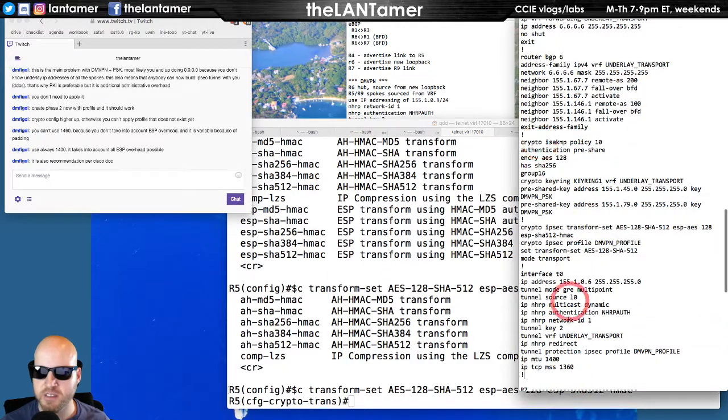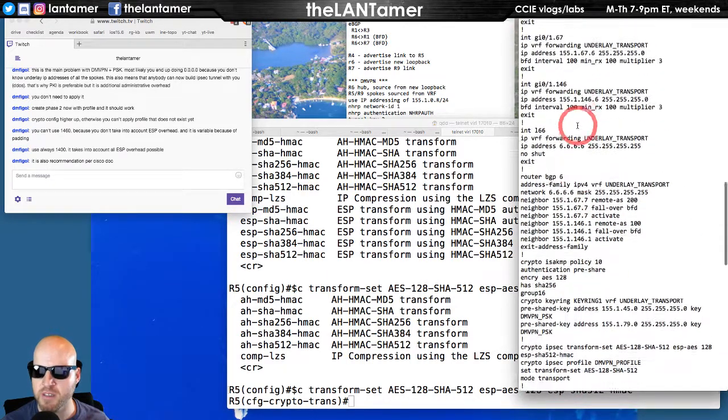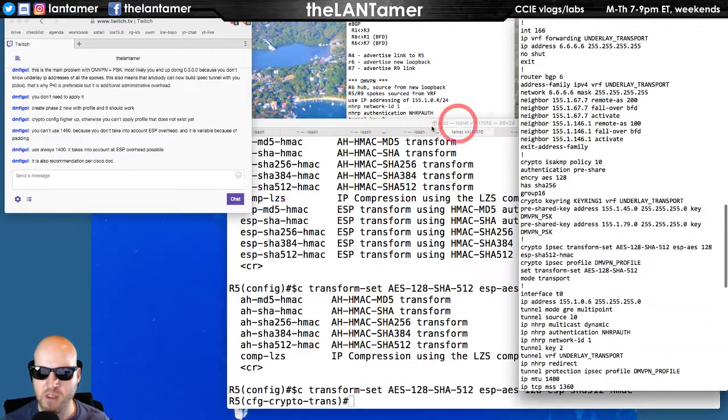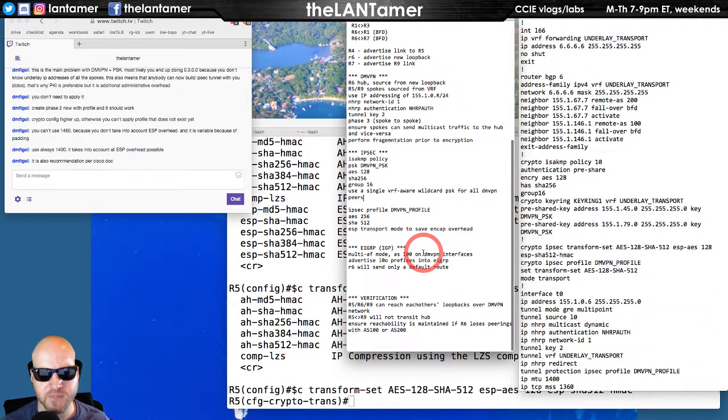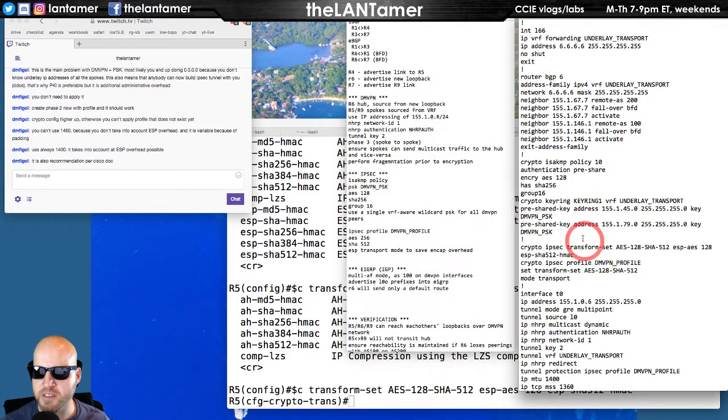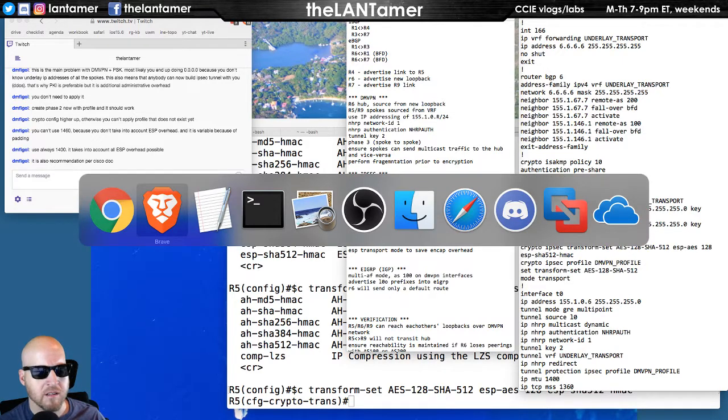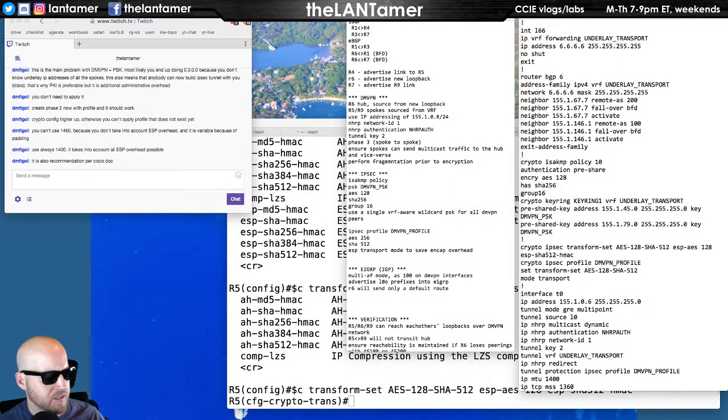So that should give us what we need for the hub encryption. Now we need to address this on our spokes. And I'm wondering about this: use a single VRF-aware wildcard pre-shared key. I want to meet these requirements. Let me look back at that and just reread that and make sure I'm doing what it asks. Use a single